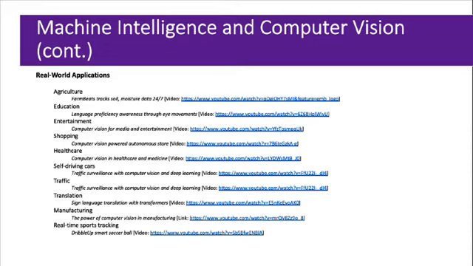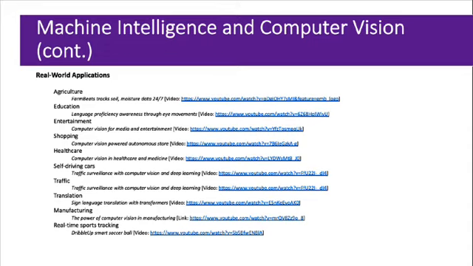Shopping. Try on items virtually before purchasing. Use computer vision to predict future fashion trends or track items that consumers take from shelves in autonomous stores. See, for example, computer vision-powered autonomous store. Healthcare. Analyze X-rays and other scans to monitor patient health and to help doctors diagnose diseases. See also computer vision in healthcare and medicine.